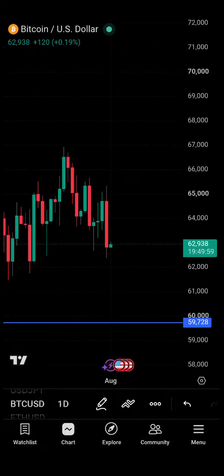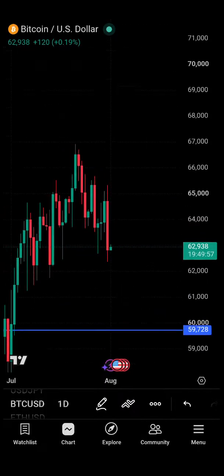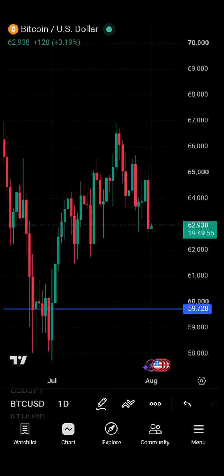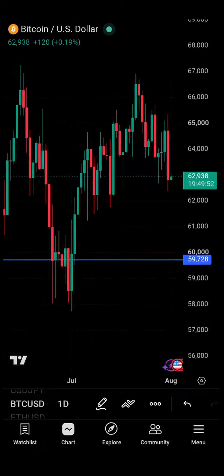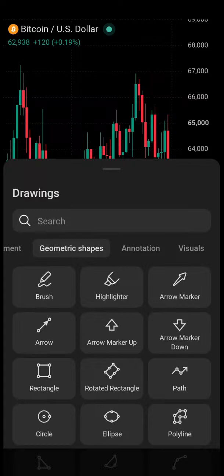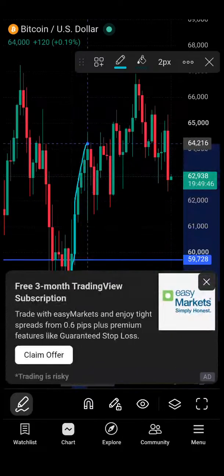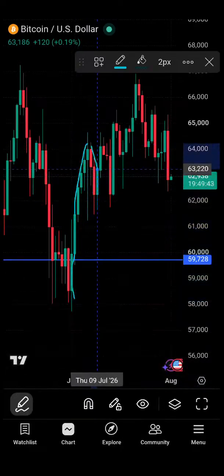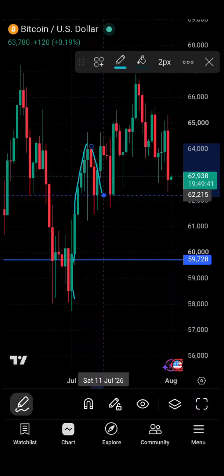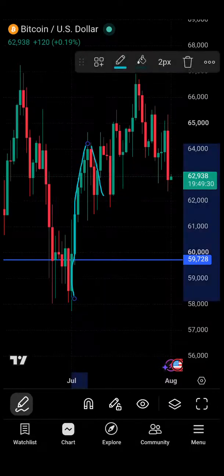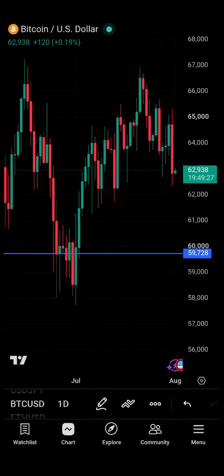So far on the 4-hour time frame, you can see Bitcoin is moving towards the upside. This doesn't mean that Bitcoin is bullish. Okay? It doesn't mean that Bitcoin is bullish, but we are just looking at what the 4-hour